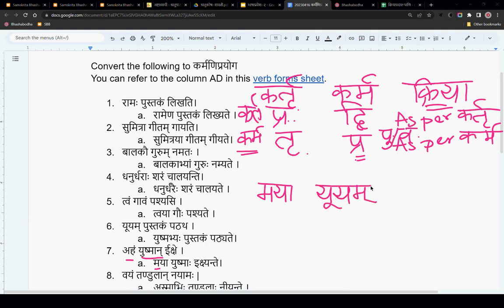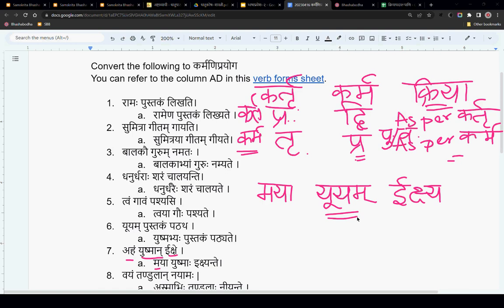Okay, now the kriya pada is iksha in the kartari prayoga. Now we want to change it. One thing is that we just now discussed, that it becomes ikshya first. Now we want to apply the ting pratyaya ending as per the atmanepada and as per the purusha vachana of karma pada, which is yuyam. If yuyam is there, what purusha will be applicable? Madhyama purusha bahuvachana.